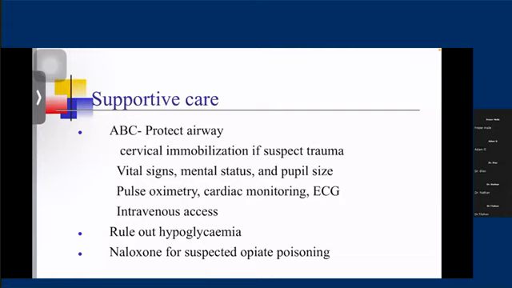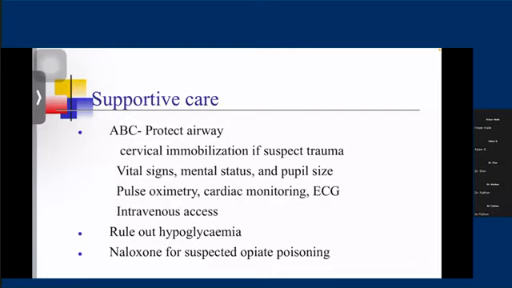Securing an IV line is also important, because these patients can be in shock and can have vomiting, and because of the different nature of the medications, can have hypotensive effects. So the patient might need fluid, pressors, and so on. Securing an IV line is one of the steps. Ruling out hypoglycemia is also important, because in patients who present with change in mentation or coma, the easiest one to diagnose and to treat is hypoglycemia. So in any patient who presents with change in mentation, hypoglycemia should be ruled out.